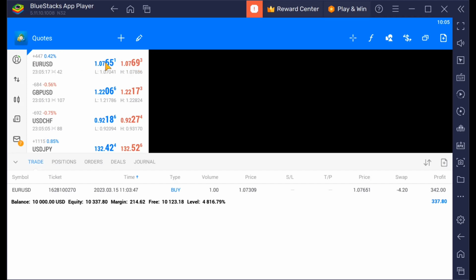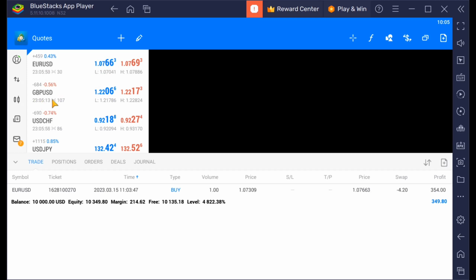Okay, 1.0765. Let's just take this first one. I'll explain to you how later. Just work with this one. So you have Euro USD equal to 1.0765. What this means is that 1 unit of Euro is equal to 1.0765 US dollars. In other words, this is telling you that 1 euro is equal to